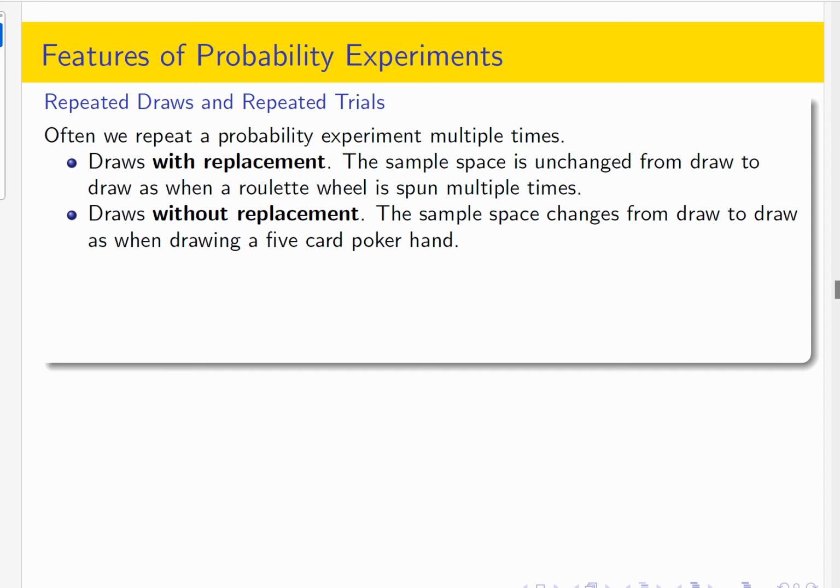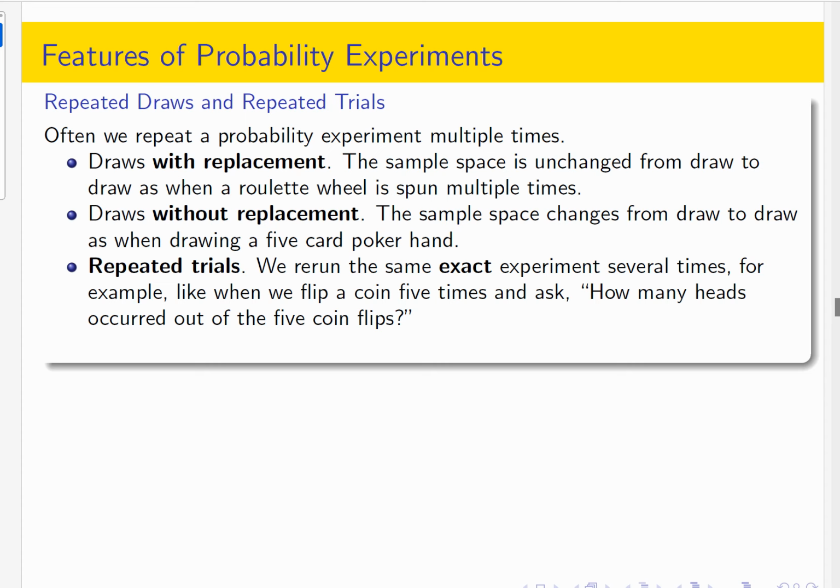Draws without replacement are like the poker hand, right? Because if my opponent gets dealt the ace of spades, then I cannot also get the ace of spades. Once the ace of spades has been dealt, it does not get replaced back into the deck, back into the sample space. So with repeated trials, when we rerun the exact same experiment several times, like roll a fair die